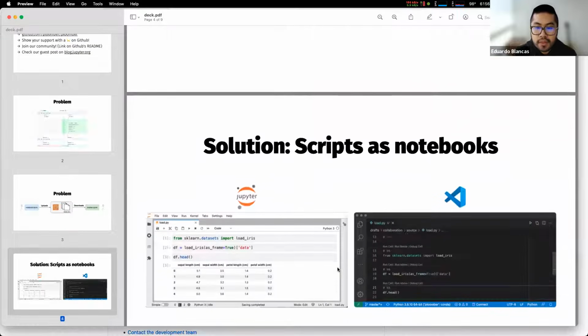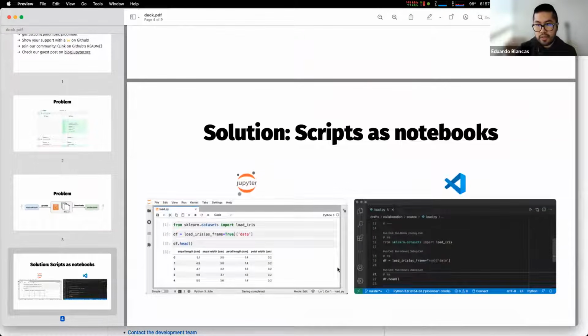And now I'm going to talk about the solution, right? How do I think about using Jupyter for maintainable and reproducible pipelines? Because I feel like the way a lot of people work is they prototype in a notebook and then they refactor everything into Python functions or scripts, and then at the end they take their models to production, or once they clean up the code, they feel more comfortable with the result. And I feel like that's a waste of time, because you are building something, you are tearing it apart, and then putting the different pieces together, which in my experience breaks a lot of things. Like maybe you're not going to be able to reproduce your results, or you're going to get different results,